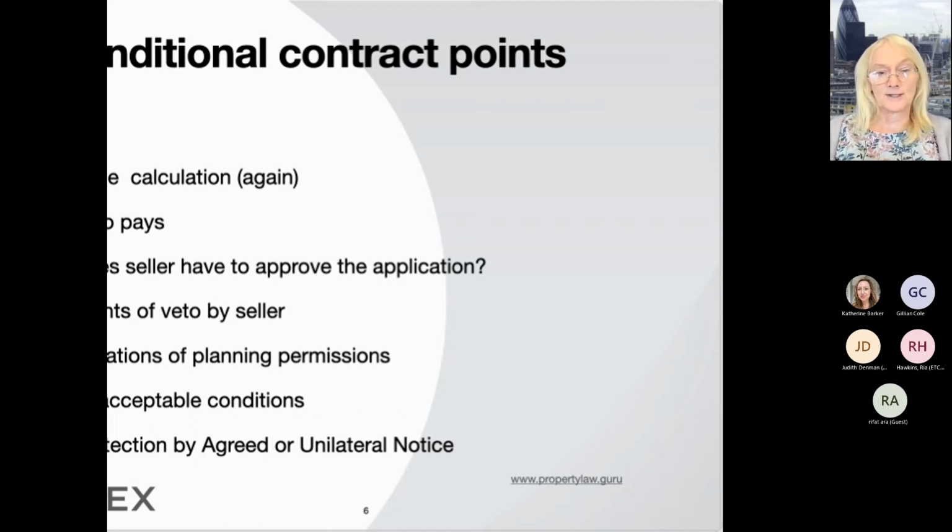But there could be other conditions such as Japanese knotweed, ecological issues, sustainable drainage, travel restrictions, visibility splays, third-party land needed, roundabouts, cost of traffic calming, education contributions, and all of this sort of thing stuck in there. And also, page 19, there might be a list of buyer's unacceptable conditions. You could have a possibility that you will always have buyer's unacceptable conditions, all of those things there. But there may also be seller's unacceptable conditions if it might affect the adjoining land.